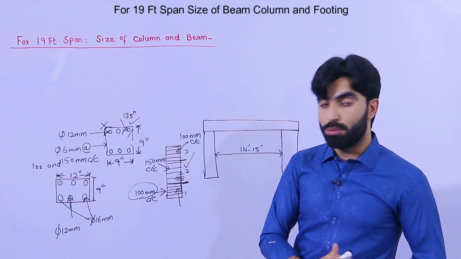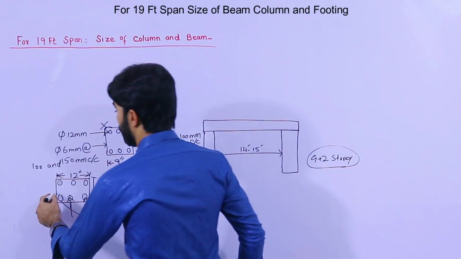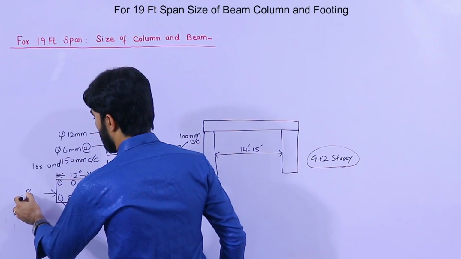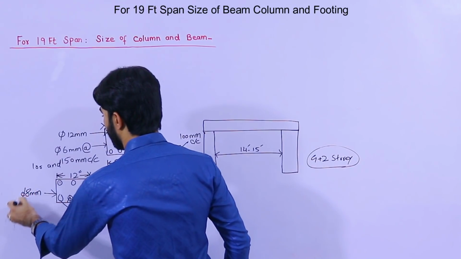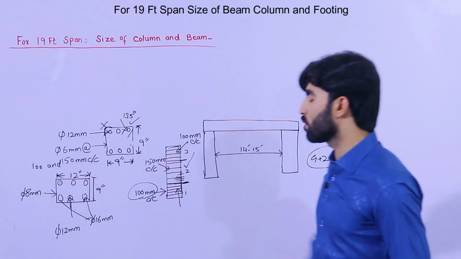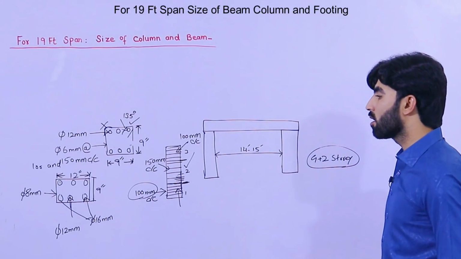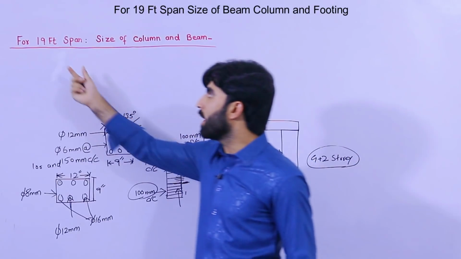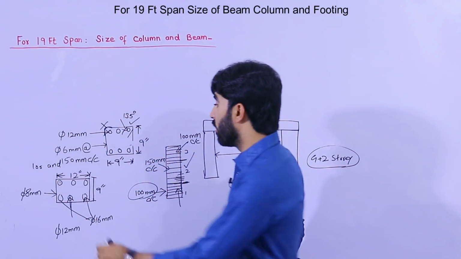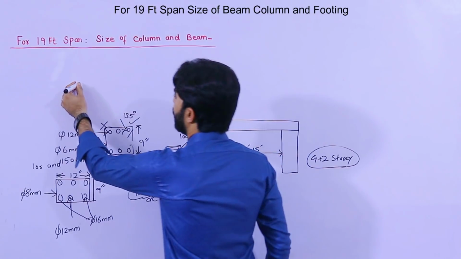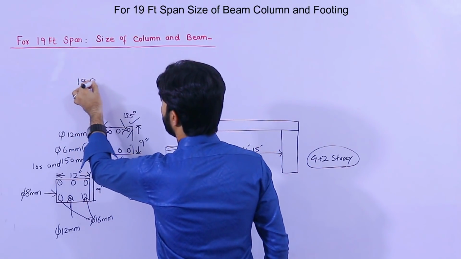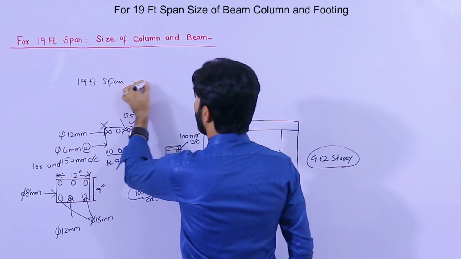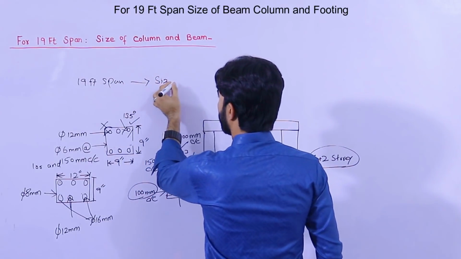6 mm. But I recommend you guys the dia of lateral ties should be in this case 8 mm. That should be for lateral ties. So this is the size of column. So in this case, guys, you can use up to 19 feet span. But here, for this 19 feet span, size of column